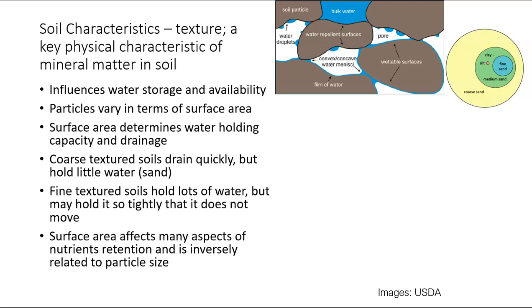The relative proportions of clay, silt, sand, and then rocks, things that are larger than sand, gravels, and so forth, have a strong influence on how much water is retained in soil, for how long, and how quickly water drains through that soil. You may already know this from your soil science class, but fine texture soils can hold more water because they have higher surface area, but they also can hold onto it so tightly that the water does not move very well through them.